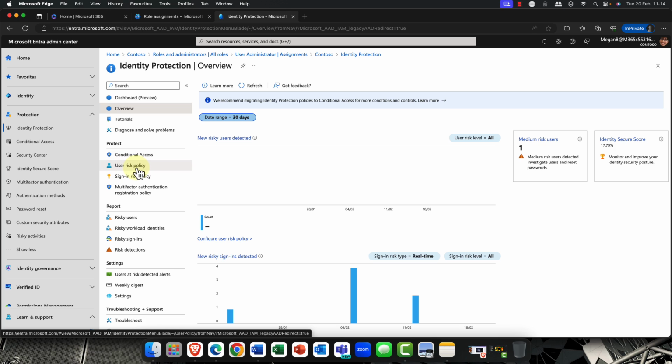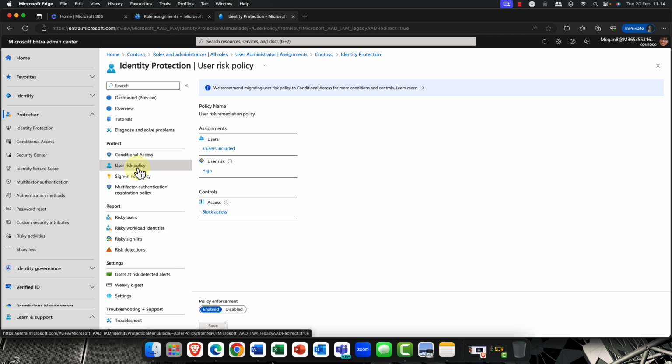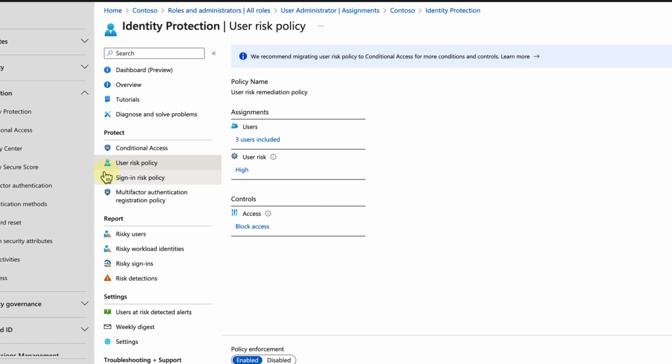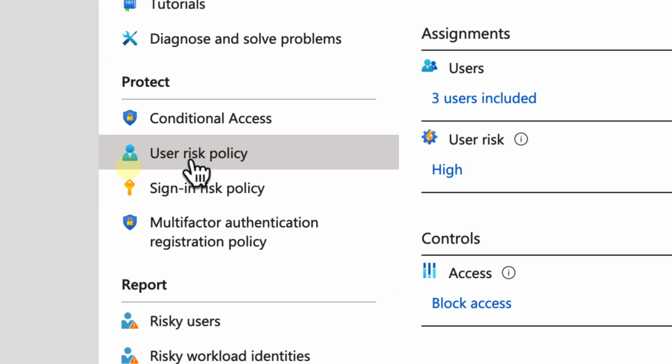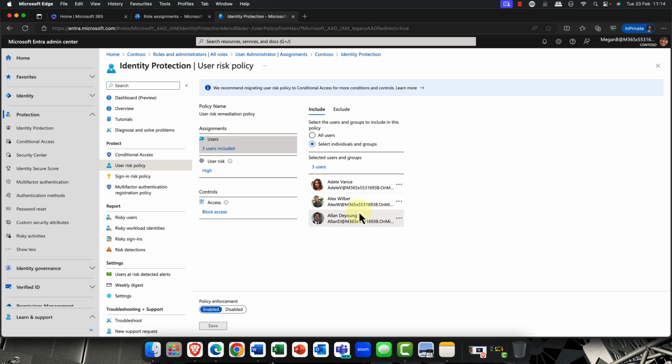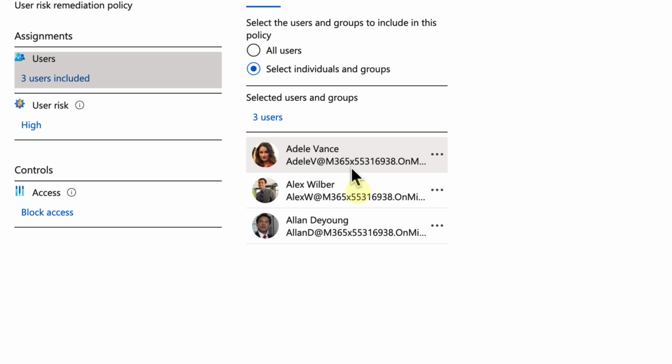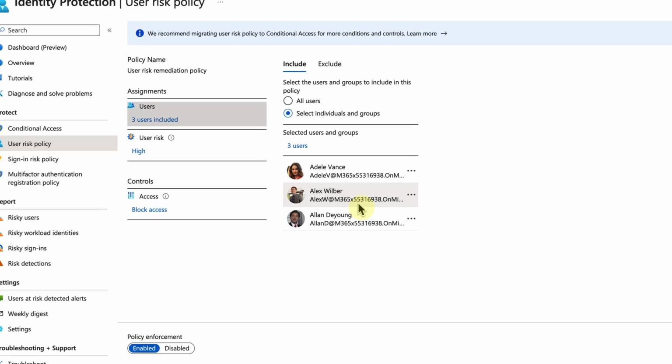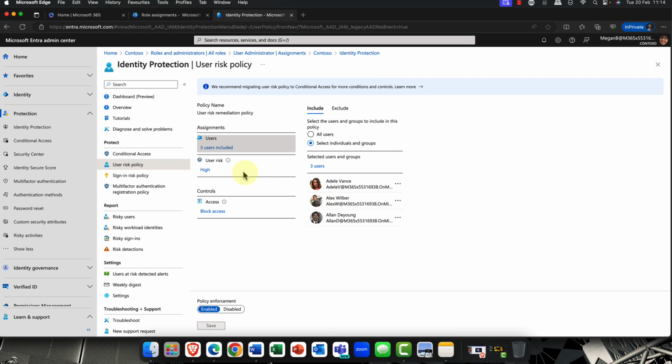focuses on is risk. So ultimately, we're in the job of reducing risk within our organization. And to that end, we have a couple of policies here. We have a user sign-in risk policy, and we have a user risk policy. So this is where I can come in here, and you can see in this example, I've selected 3 of my most important users. For example, they could be senior management and so on.